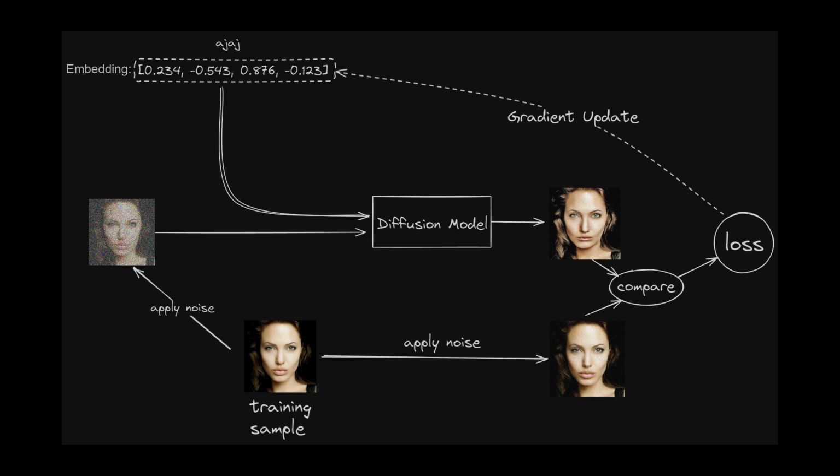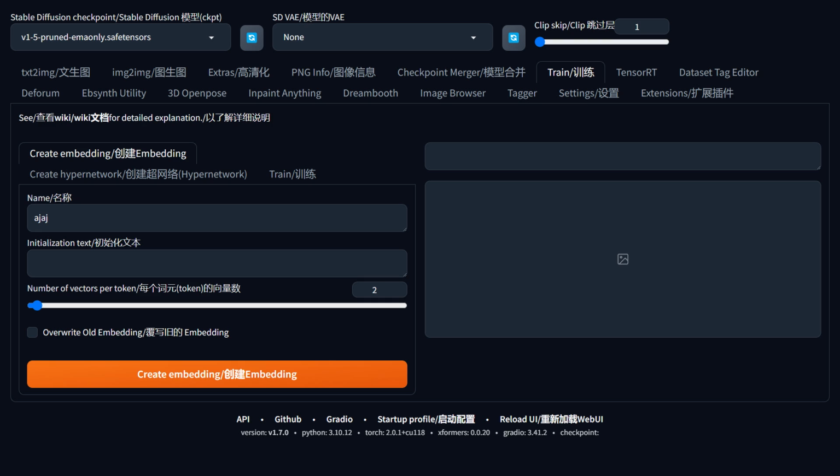Now that we've grasped the core concept of text inversion, let's circle back to the train interface. When it comes to naming your embedding, it's somewhat flexible. However, it's advisable to avoid using names already present in the base model, such as Angelina Jolie. The reason isn't about triggering errors, but about our goal to train an embedding from the ground up. Incorporating Angelina Jolie as the name could inadvertently lead to training on the pre-existing base model version of Angelina Jolie,